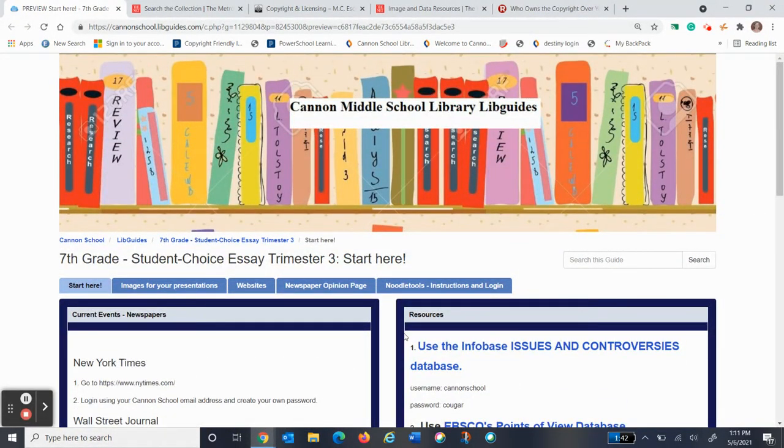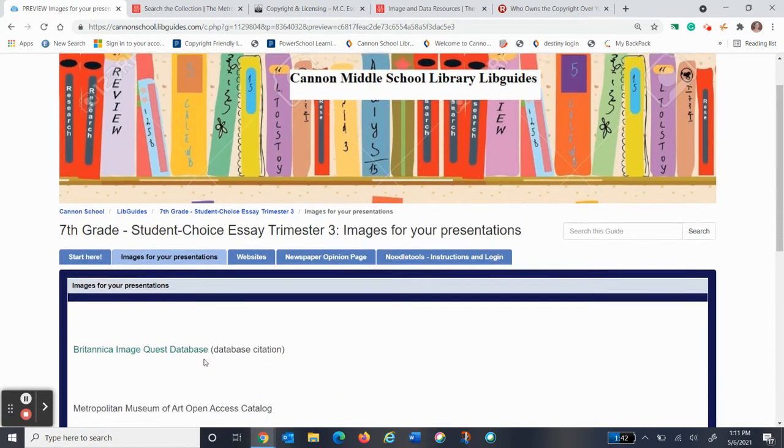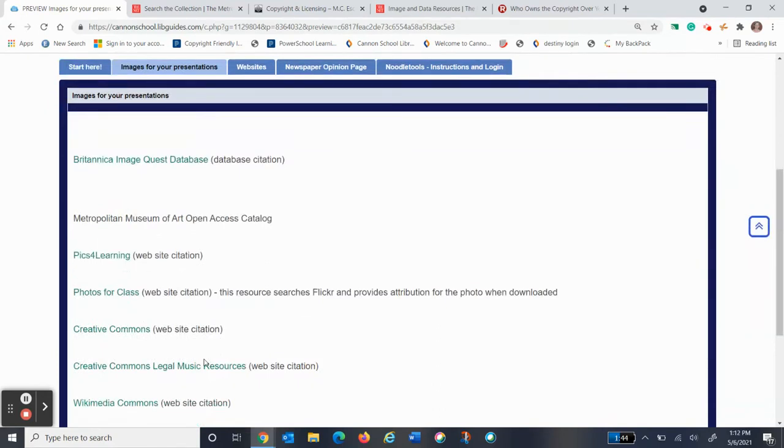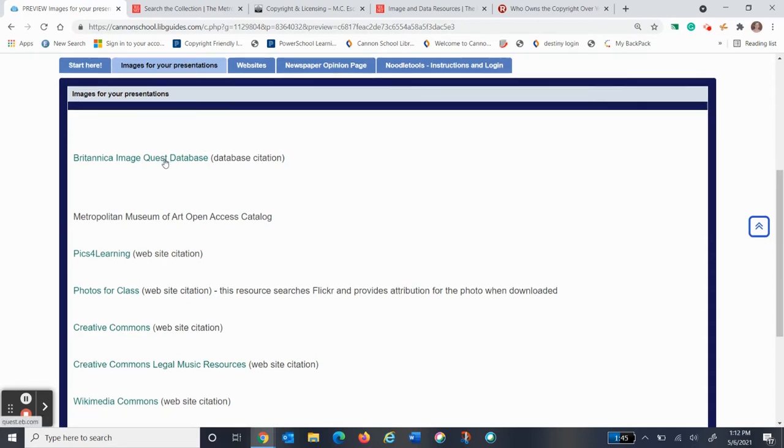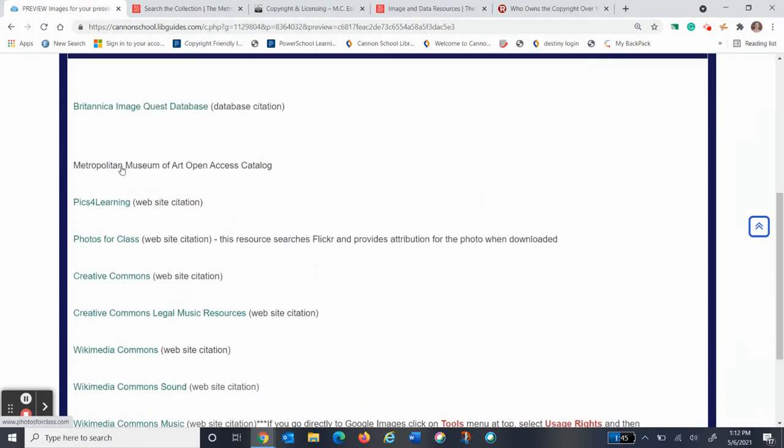The second thing I really want to emphasize with you is images for your presentation. You do not have the right to just cut and paste anything from the internet that is copyright protected. So this second tab has a group of copyright-free open access images that you can use for your presentation.